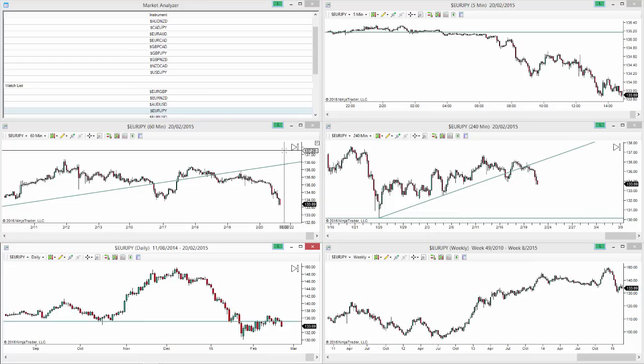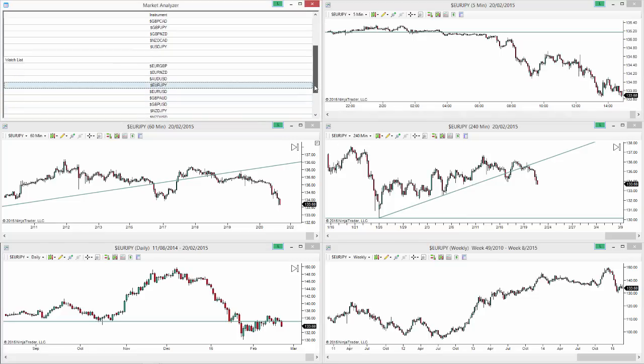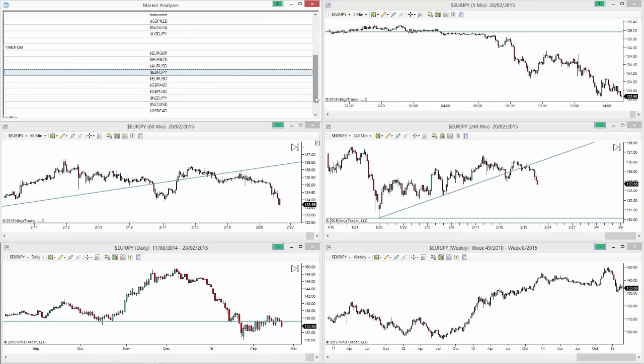The only thing that we need to be careful of going into the next weeks, and this is probably going to be our last euro trade that we will take going into next week, is we've got this whole issue with Greece. The first proposal that they put through yesterday was rejected by Germany. So that does still represent some risk for the euro, and that's something we really need to be careful of,